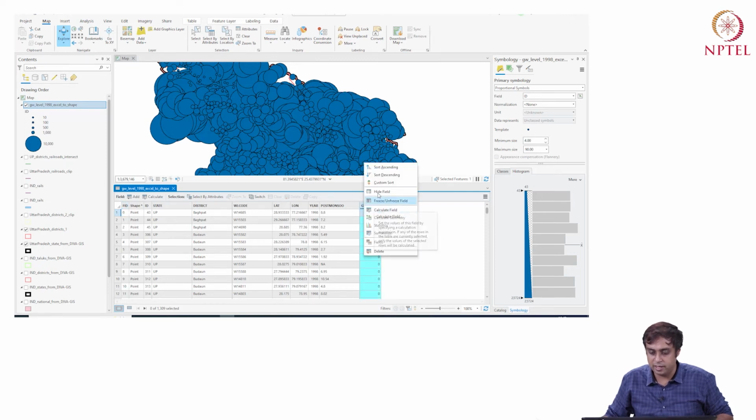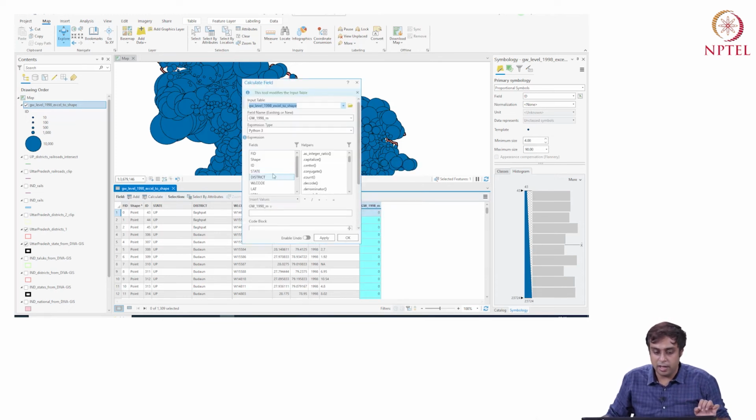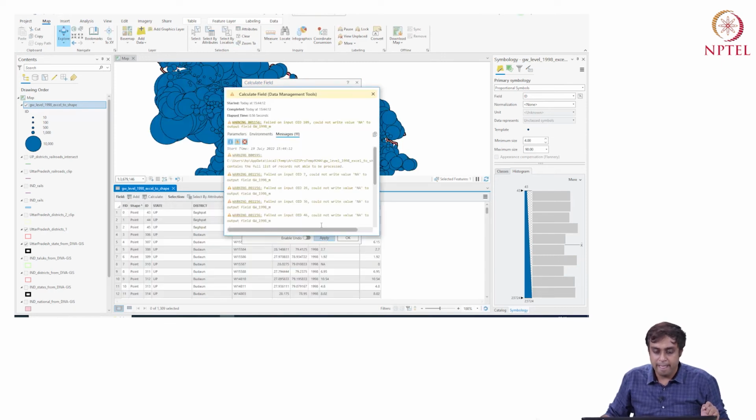I'm going to right click and say calculate field, not calculate geometry. Calculate field. I say groundwater 1998 meter should be equal to post monsoon, and I'll say apply. It has done calculations. I can see the values are similar, but it has given me a lot of warnings.